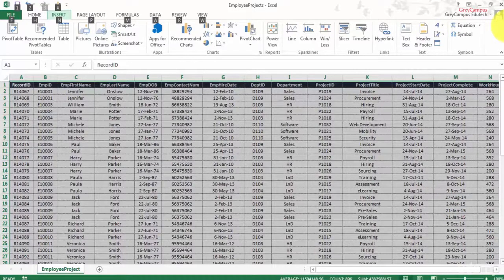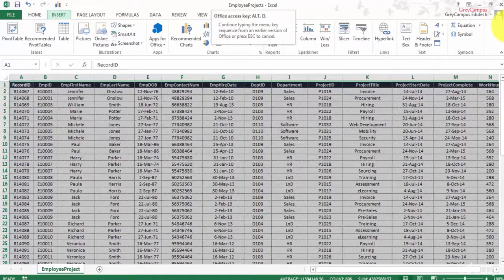Now from this Alt, I am pressing D. When I press D, something interesting happens. Excel says that it doesn't recognize this D because D is not in its list. However, it understands that the keystroke Alt D was there in previous versions, and it seems you have worked with previous versions, which is why you know Alt D. So it says, okay, continue with the keystrokes, I will recognize that.